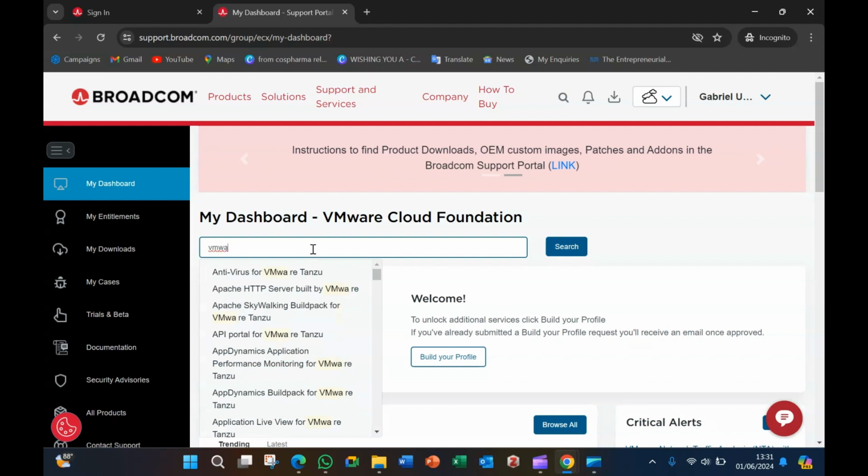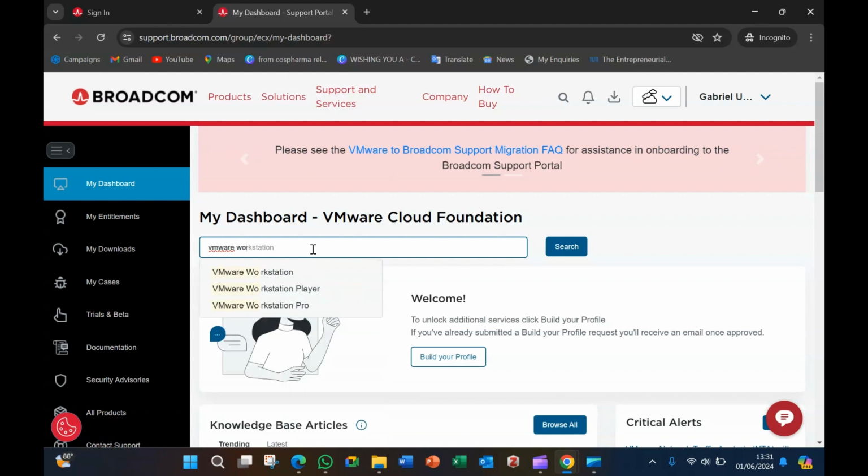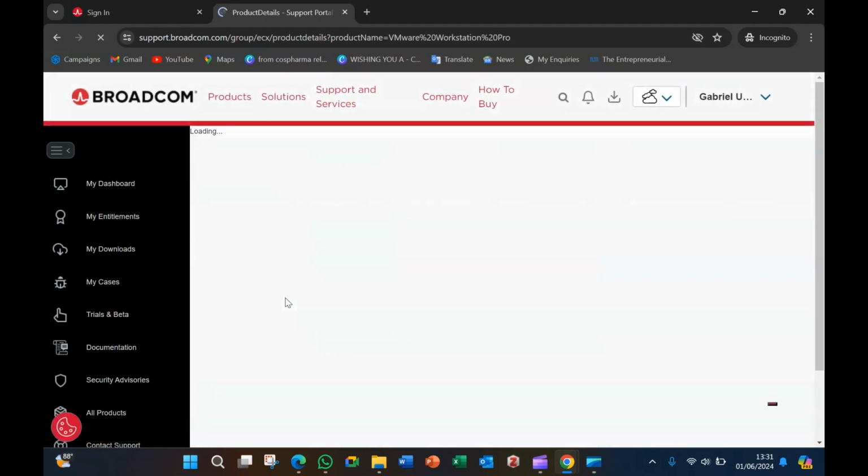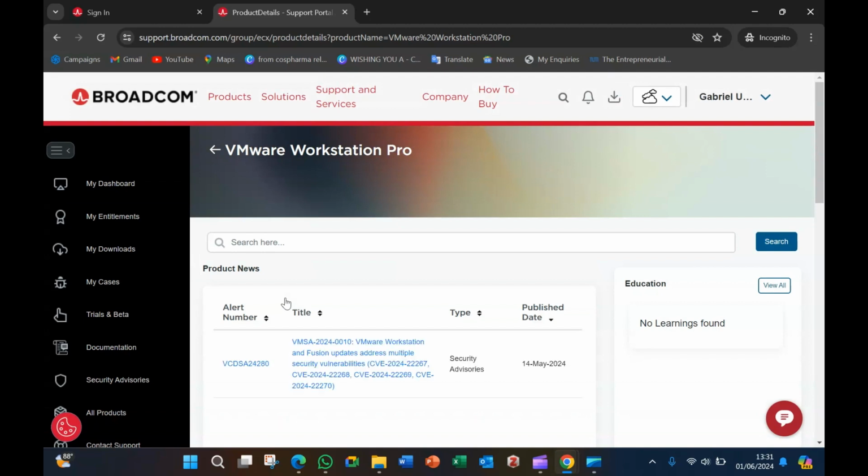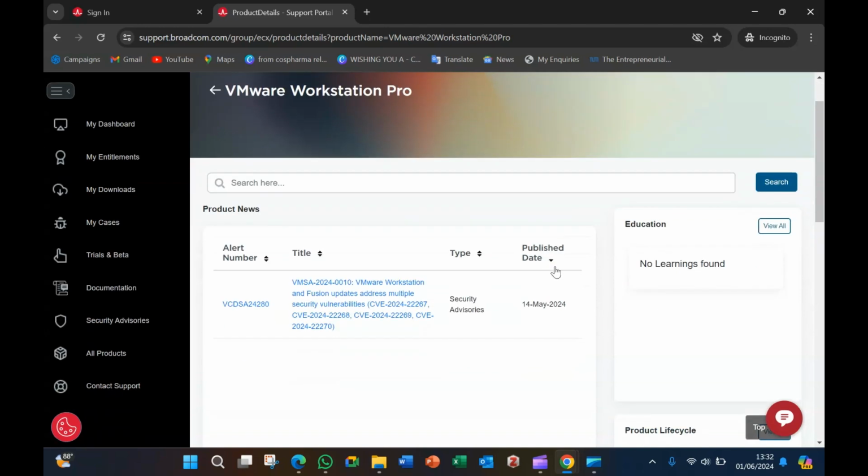We are looking for VMware Workstation, which is Workstation Pro. Yes, we're getting it here. Yes. So now, once you have searched for this, the next thing for you to do here is